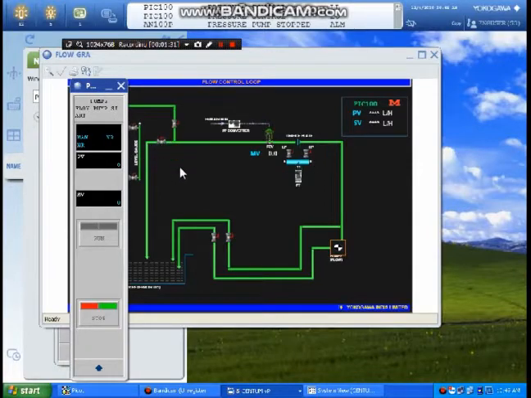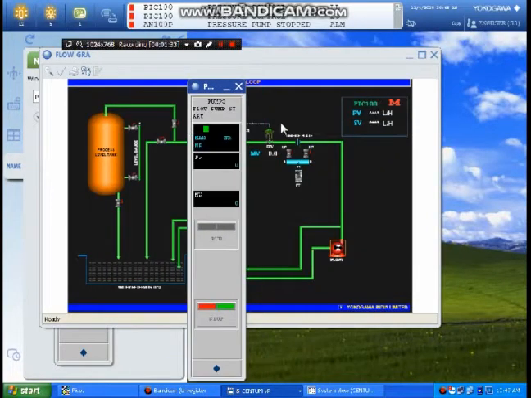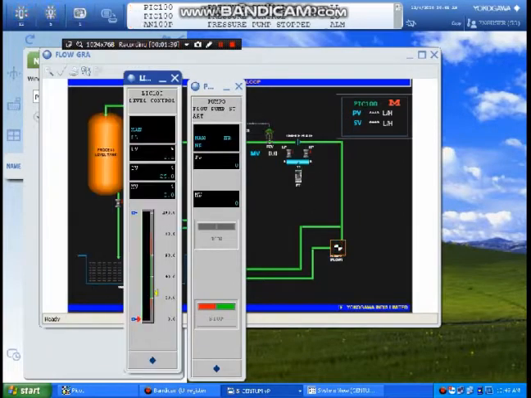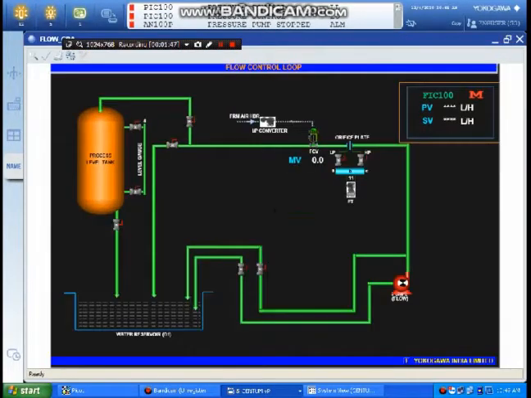This manual valve will be closed, so the water coming from the flow pump goes through the orifice, then the flow control valve, then it is directed to the process tank. That is how this level control system works, and we will give the parameters. We will take the level controller PID block and the flow control PID block. This is the drawing. Here this valve is closed and this is open in the flow control system, so that the water goes to the level tank, and we can use the level control operation in the particular system.